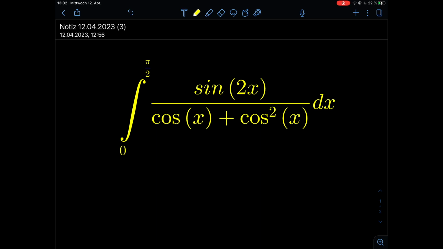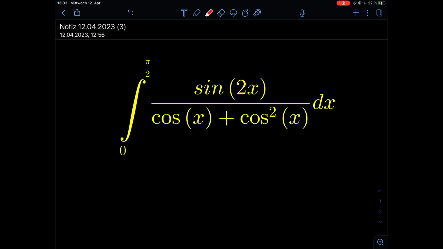Hello and welcome back to my channel, once again with a crazy integral, but this time the integral has limits. So let's see what we can do here. As you can guess, we will try it with the substitution method again, but first we will have a look